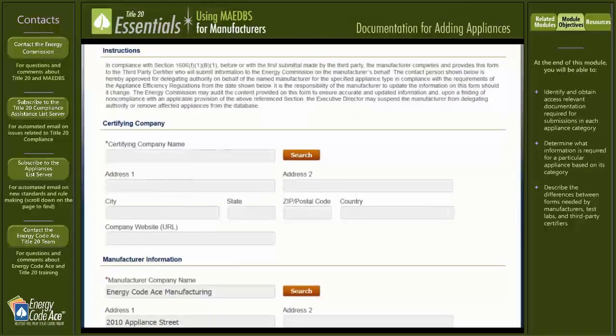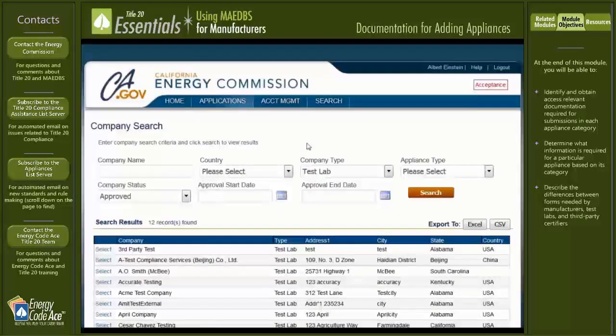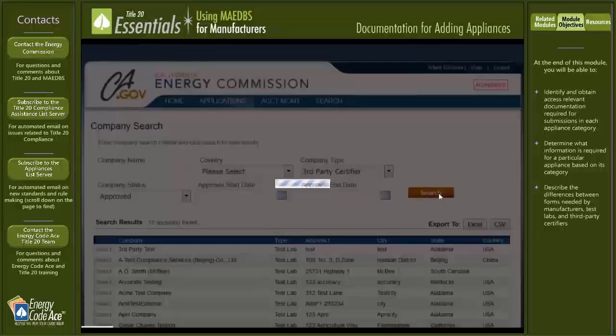In this case, the first section is not automatically filled out because you'll need to select the certifying company that you are delegating your authority to. So in order to do that, you hit Search, and this brings you to the company search page. So under the company type, you'll want to search for a third-party certifier and hit Search